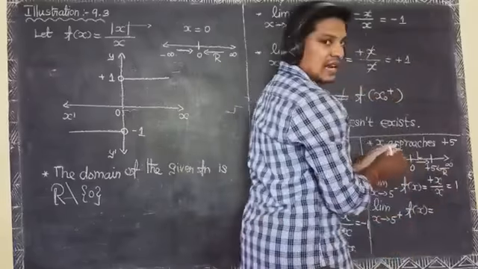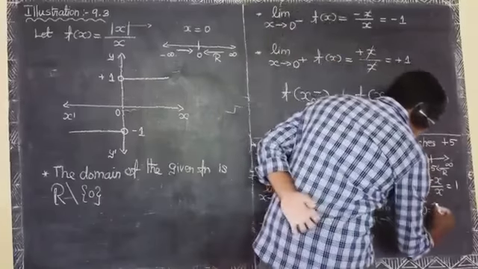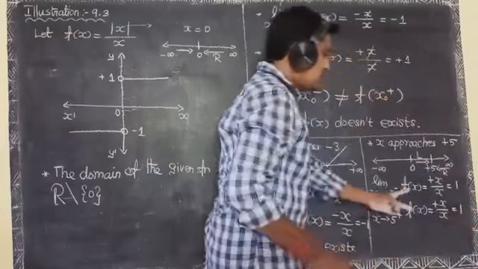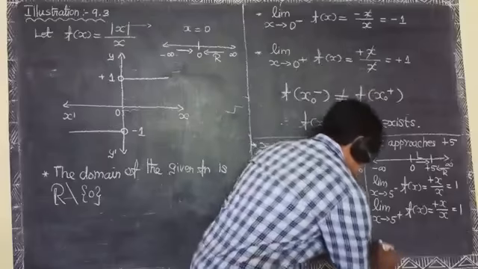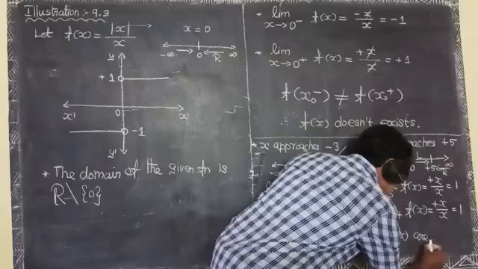The 5 lies on the positive side, that is greater than 0. So the factor is plus x divided by x, which is equal to 1. Both values are the same, therefore the limit of f of x exists